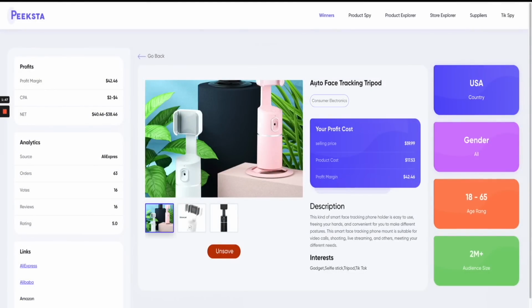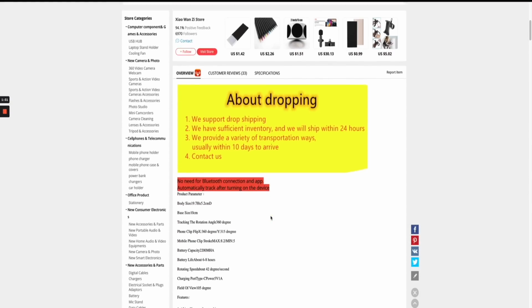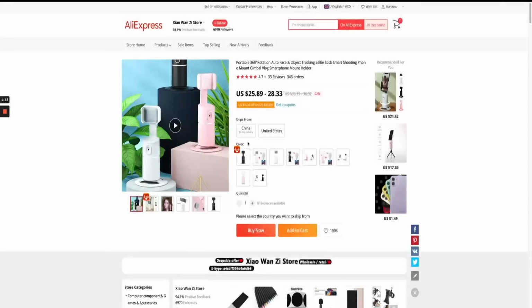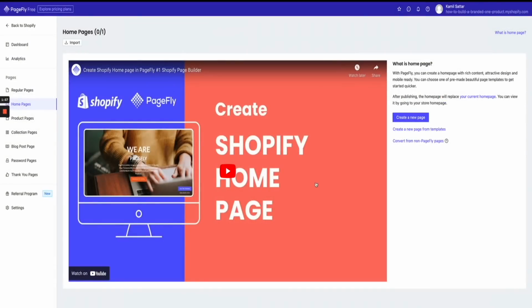which is the auto face tracking tripod. And if you look at the Aliexpress link, this is the product that I'll be using in today's video as the example. Now, once you've got your product, what you want to do is you want to head over to